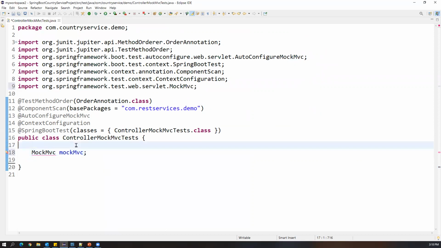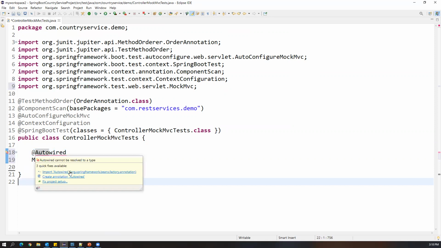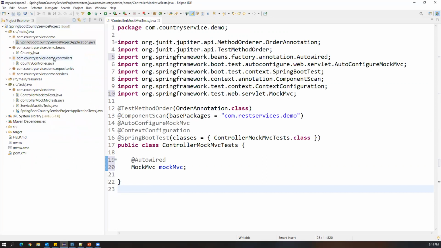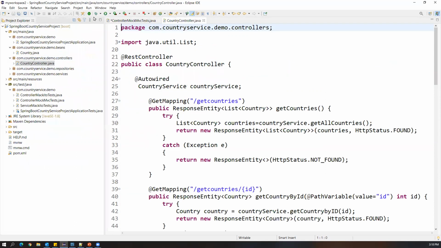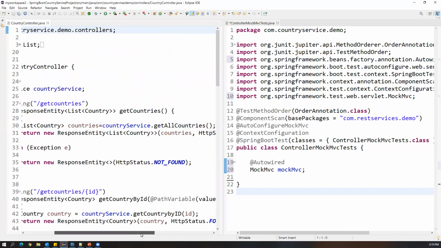Once you import this, we need to autowire it, because we are going to use this variable in multiple places as an object. So we have to do Autowired, and this Autowired we have to import again. While calling the controller methods, internally we call the service. If I come here to the controller method, we are calling CountryService methods, so the CountryService also we need to mock.